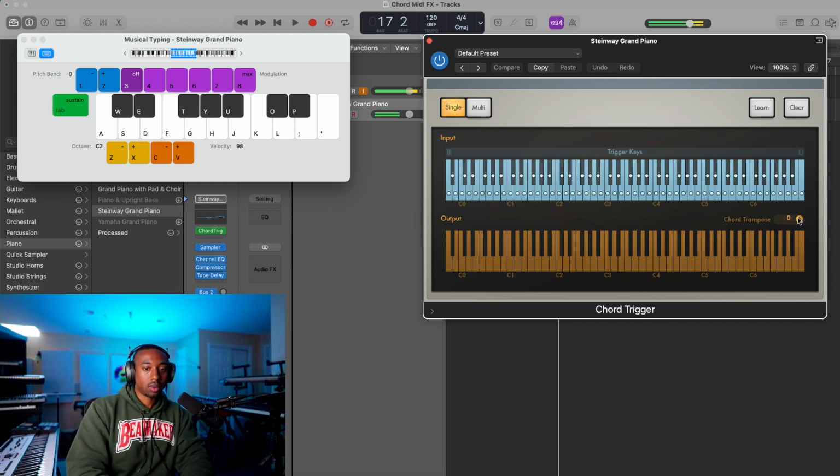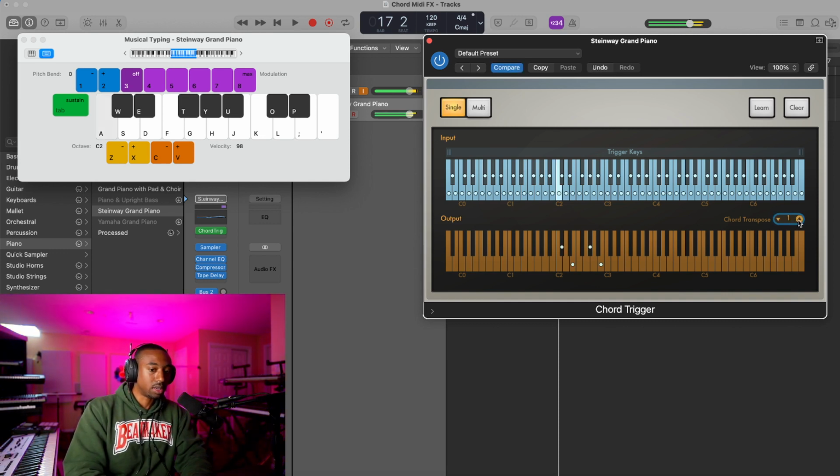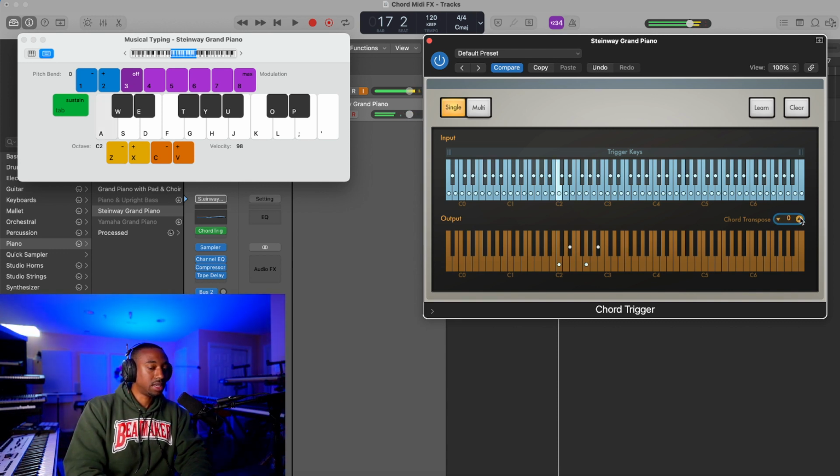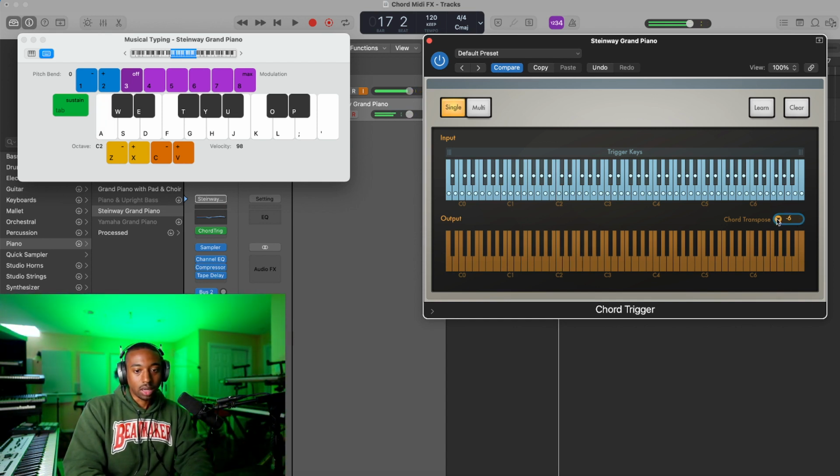Now you can also go to where it says chord transpose. I want to thank everybody in the comments who showed me this. I overlooked it the first time. Now all this does is changes the key. So C here, we have C, and then if I hit transpose, it's now playing C sharp as the root note. So that's all it's doing, is just changing that root note. You could also lower stuff down an octave, going -12, but it doesn't sound so pleasant that far down. Okay, so that's the chord transpose.